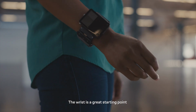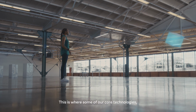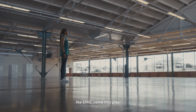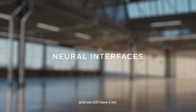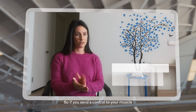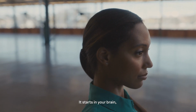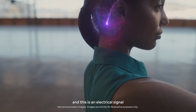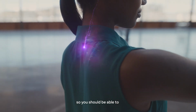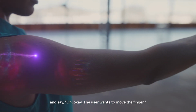The wrist is a great starting point for us technologically because it opens up new and dynamic forms of control. This is where some of our core technologies like EMG come into play. Neural interfaces, when they work right, and we still have a lot of work to go here, feel like magic. So if you send a control to your muscle saying, I want to move my finger, it starts in your brain, it goes down your spine through motor neurons, and this is an electrical signal. So you should be able to grab that electrical signal on the muscle and say, oh, okay, the user wants